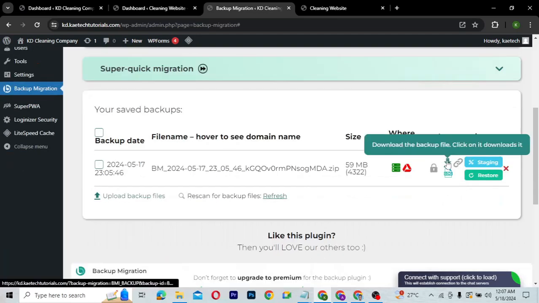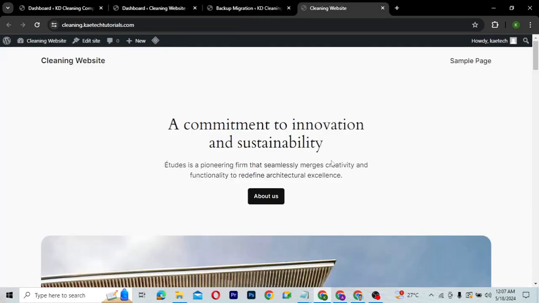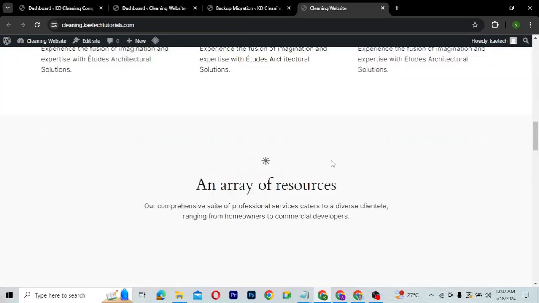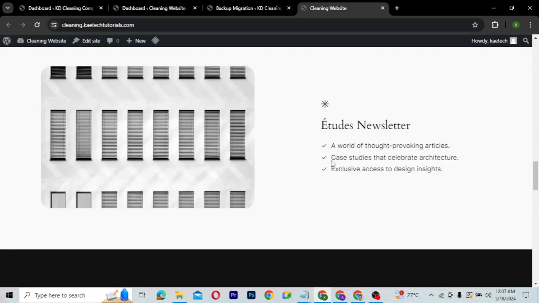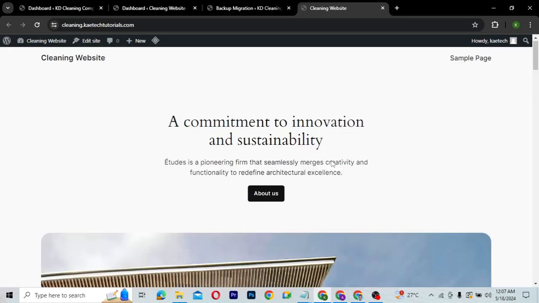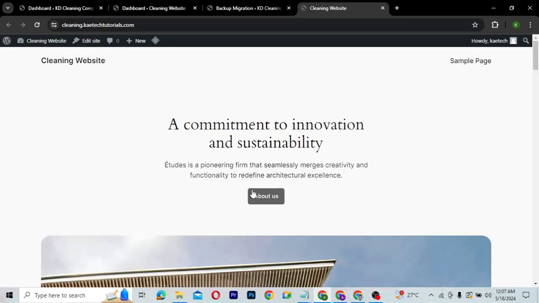So let's click over here to download the backup and move it to our cleaning website, which we are designing new. I'm just designing this cleaning website. There is nothing over here; this is a new WordPress installation. So I'm just going to go over here